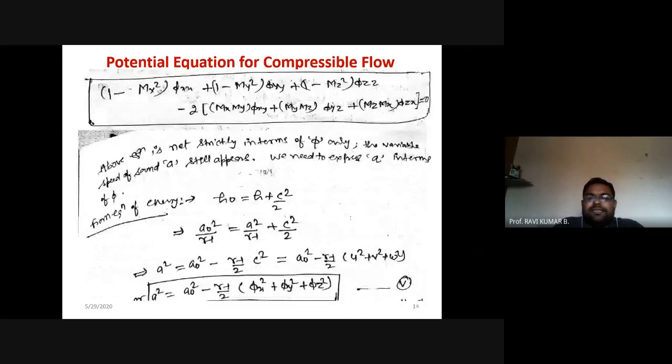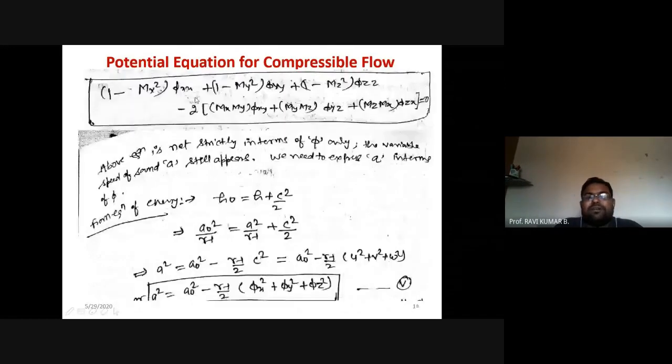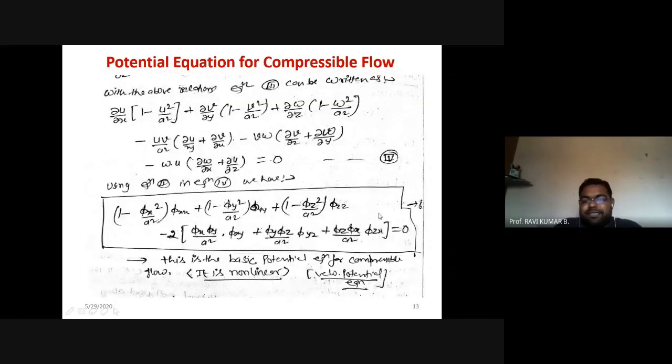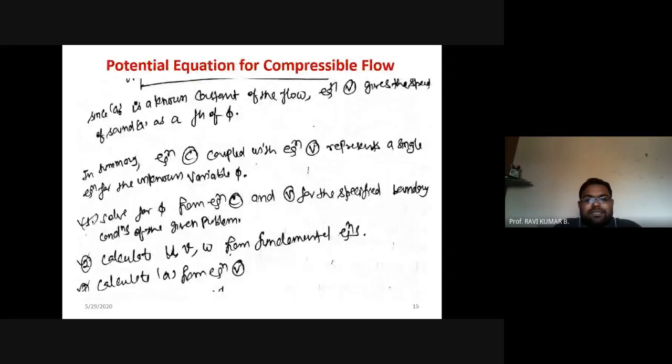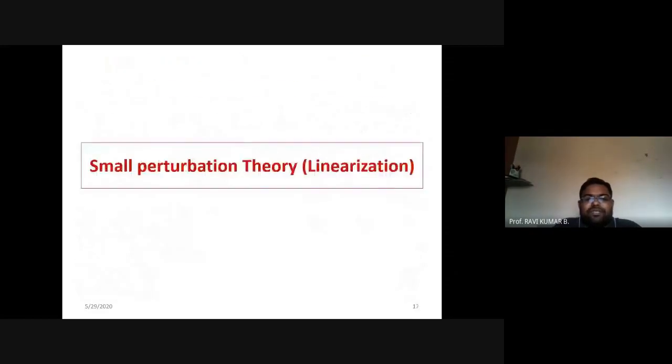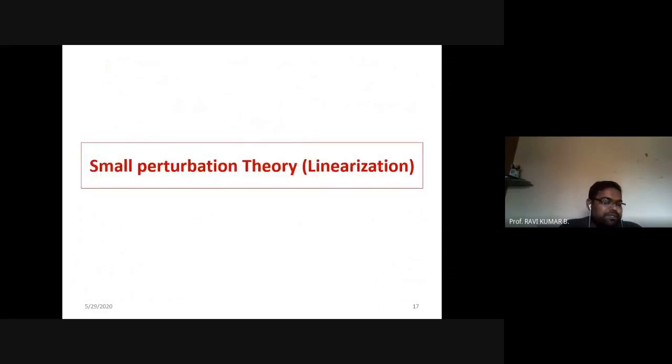So as I said, this u by a is the Mach number along the x direction, y direction. So the same equation can also be written in terms of Mach number in this way. So this is in terms of Mach number. These two equations are needed, right? Directly formula-based problems may be asked based on these two equations. So let us now go to the small perturbation. Now we need to solve this equation. So in small perturbation theory, we need to make a linearized solution of this nonlinear equation.